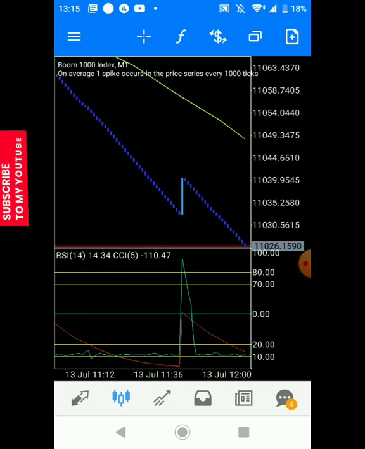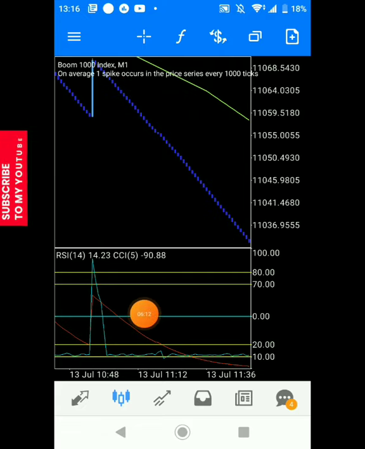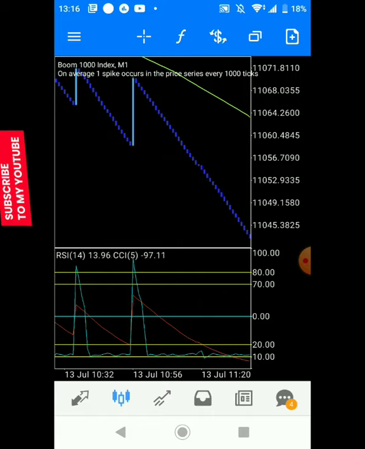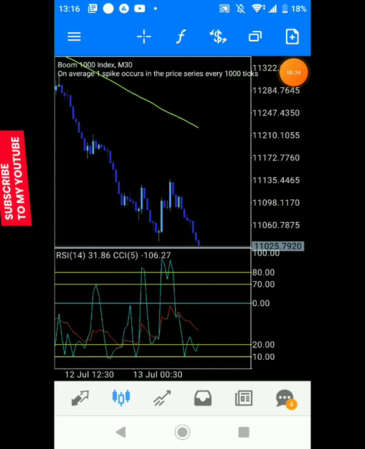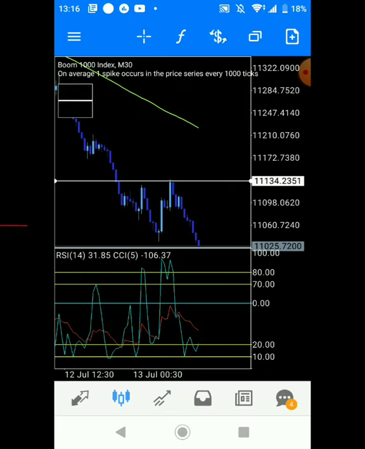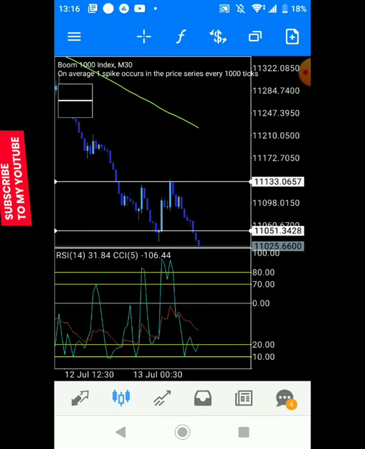Now another way you can follow this strategy, in case you don't want to miss some moves like this, is applying your price action. You can never find a 100% strategy, but a way to make your strategy effective is to also apply price action. Despite the fact that price is really on a selling bias, you can add price action by bringing out your support and resistance horizontal lines. You can bring out one more and place it for your resistance.